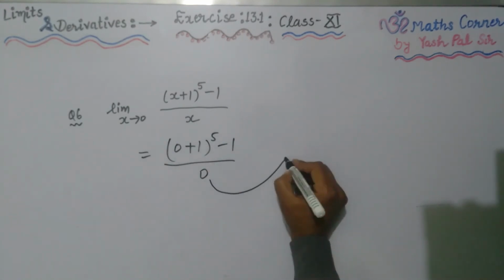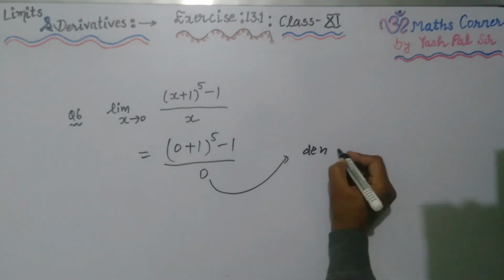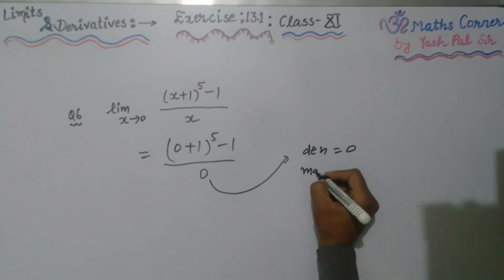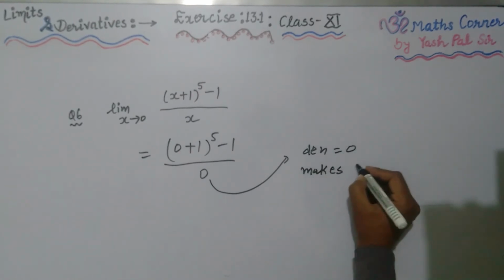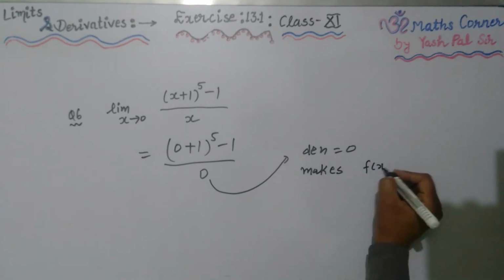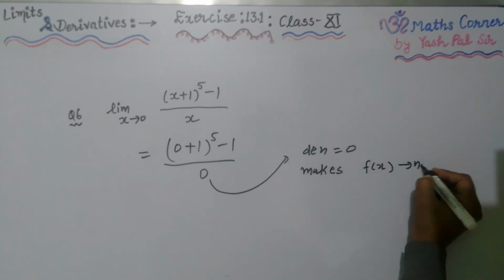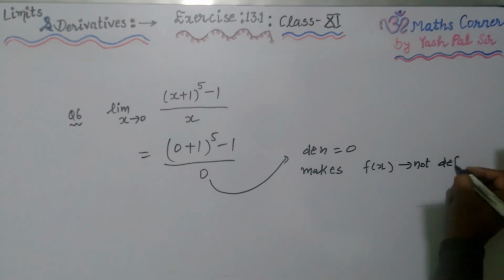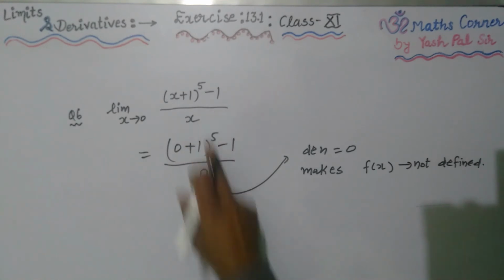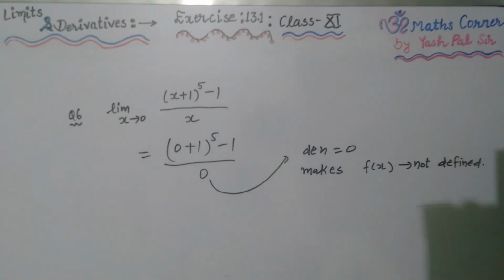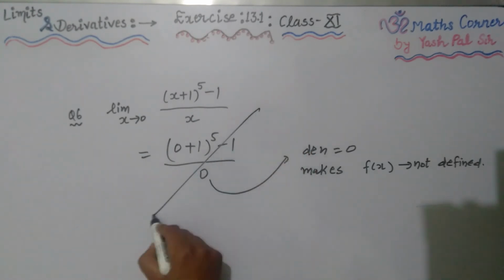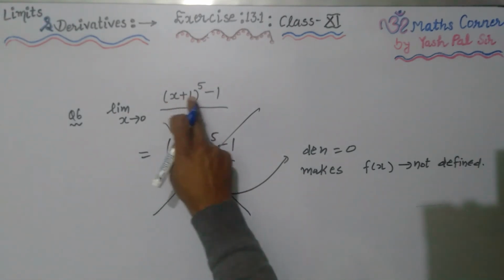Now here the thing is, denominator is equal to 0 makes the function not defined. So we have to change the way how we were solving the question. So we cannot put directly equal to 0. This process is wrong. So what the new process we should follow? Let us see. We first of all,